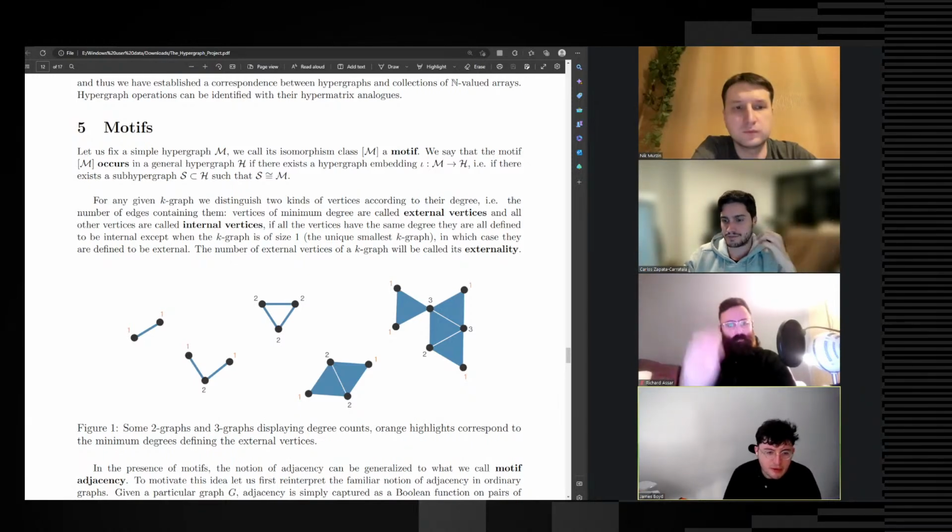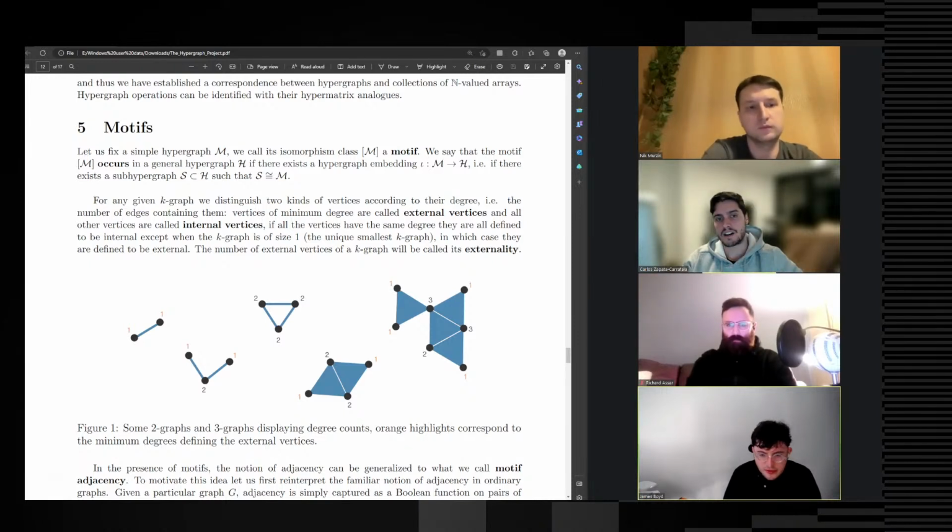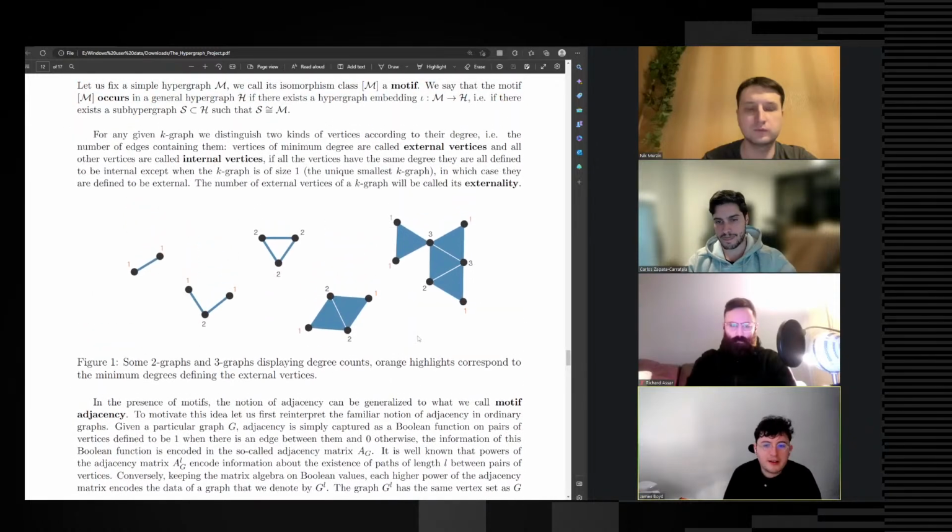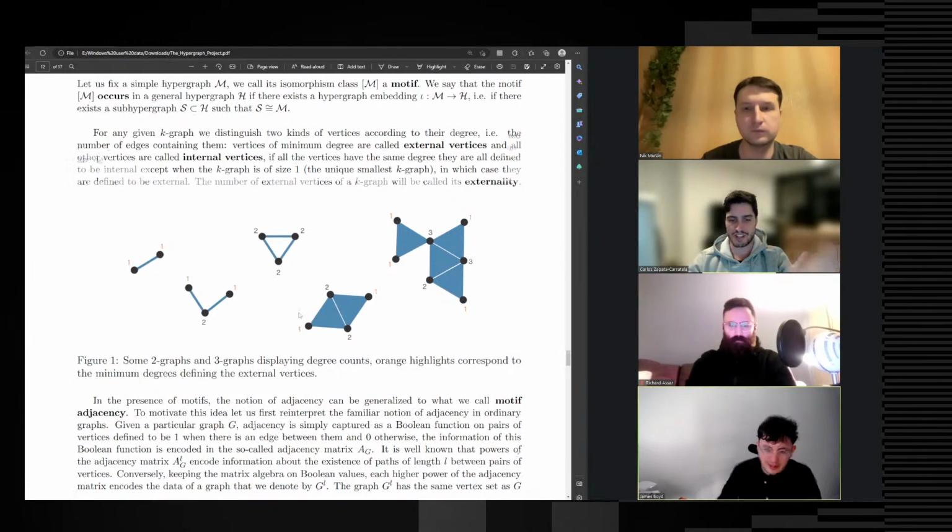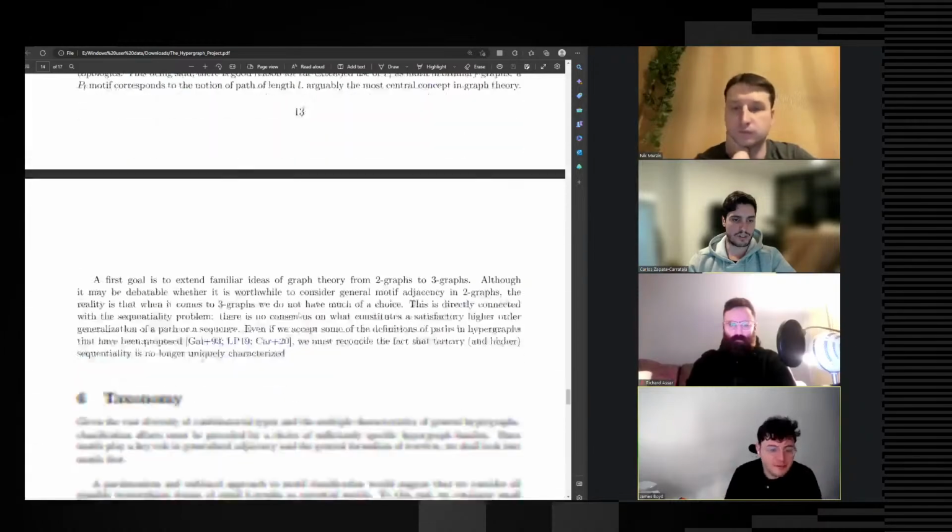Motifs don't actually depend on labels. No, right? We have no labels so far. Because these, what would you call these things you have? These numbers you have attached to. Oh no! This is just an example of motif adjacency. This is just one example of how to use motifs. Oh yes, I see that. Okay, these are not labels, this is just an example. Got it.